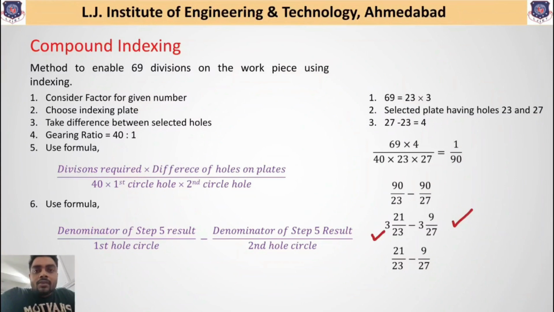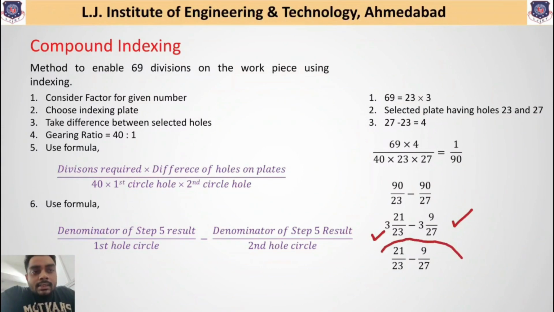That means if you rotate one thing in the clockwise direction through 3 complete rotations, it will rotate 3 times, and if you further give it 3 rotations in the anti-clockwise direction, it will only and only come to its initial position. So for that reason, we have removed that value 3, and at the end you will get the value 21 divided by 23 minus 9 divided by 27. So